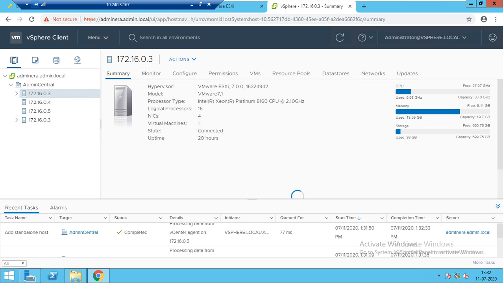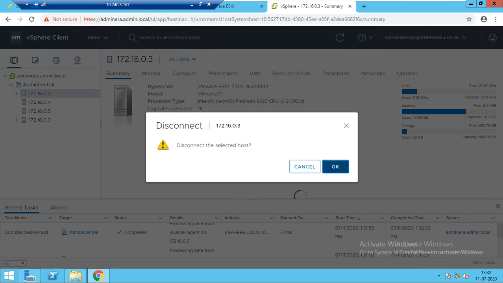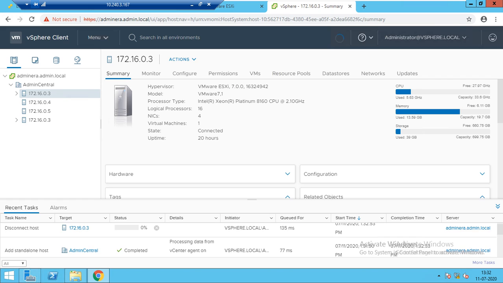Guys, it is showing twice, so I can disconnect it. I'll go and disconnect. It will get disconnected.